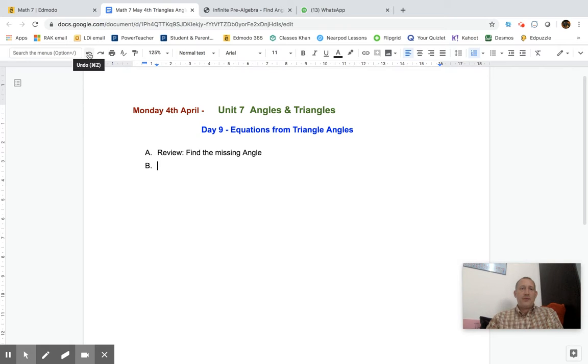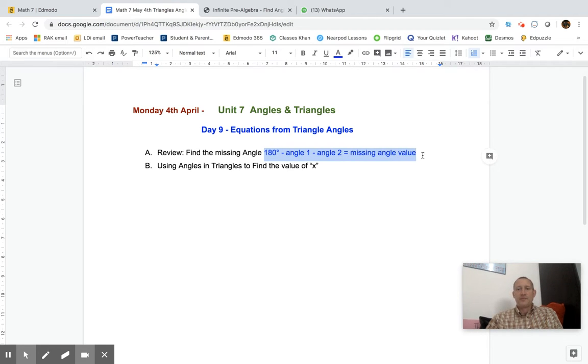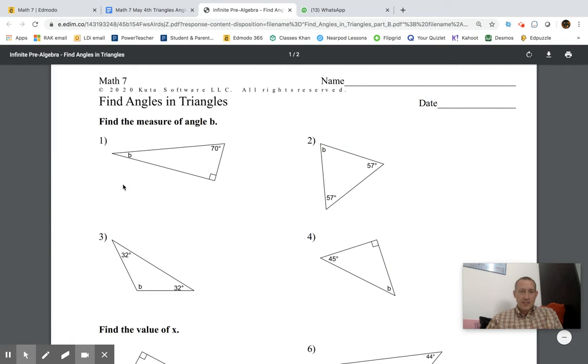And then after that, we're going to look at solving equations using angles. So we're going to use what we do in the review to build and solve an equation. Now, if you remember, all three angles equal 180, so 180 minus the first angle minus the second angle is going to give us the missing angle value. So let's look at this one. So if I have 180 degrees,